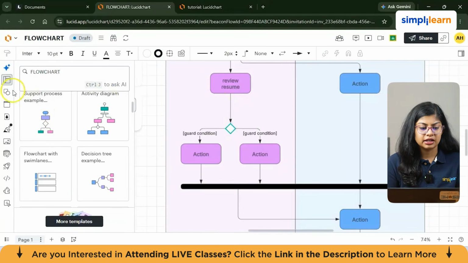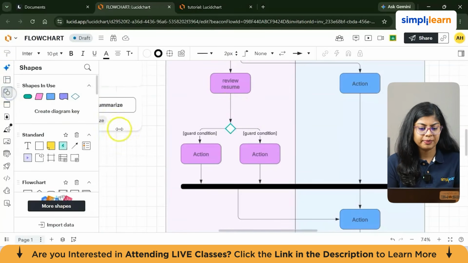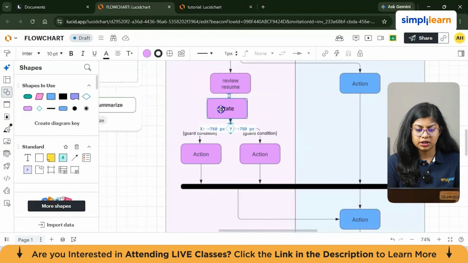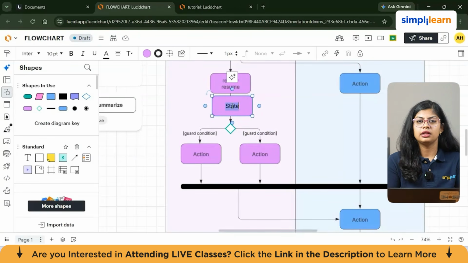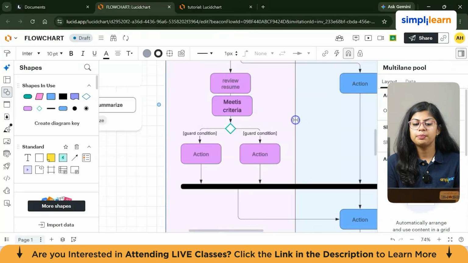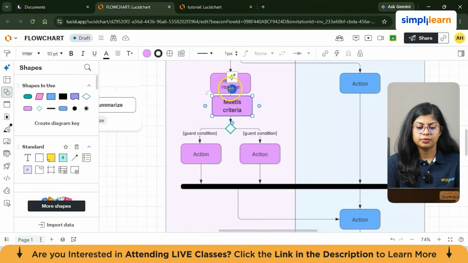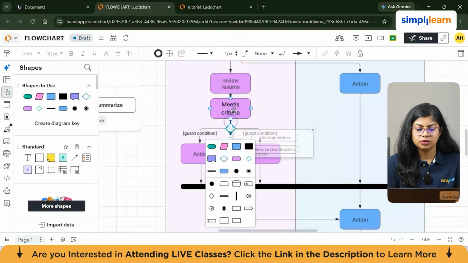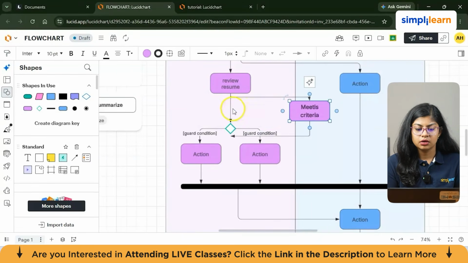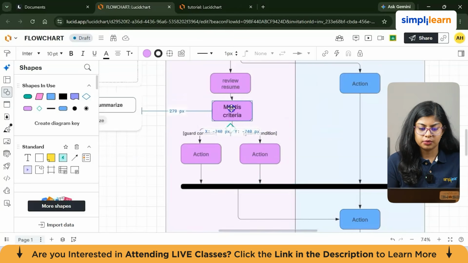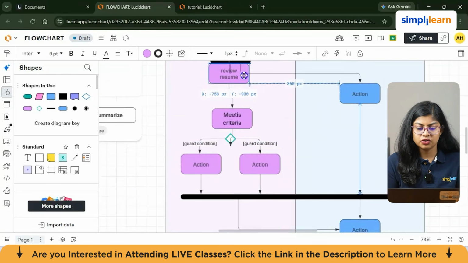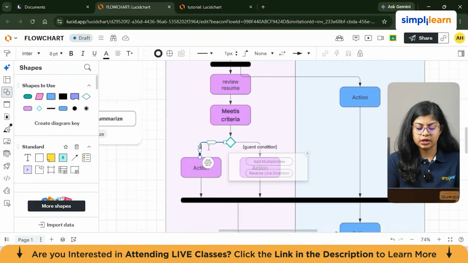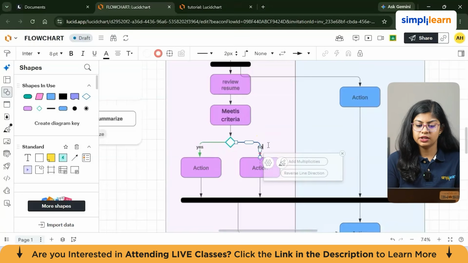And here I'll be adding a shape. So we'll go back to the shapes, and I'll use a similar shape to the ones already existing. And I'll put it here. I'll obviously connect it. And then if it meets criteria, if the person is actually meeting the criteria. So from this, I am connecting to this. As you can see, I'm just going to remove the one behind. So I'll just delete this, put it back here. Again, you can rearrange it and it is done. Now, if the condition is fulfilled, yes or no, this will be the flowchart.